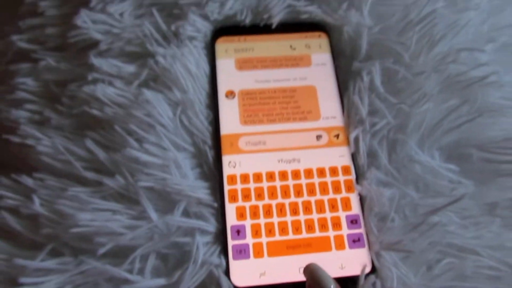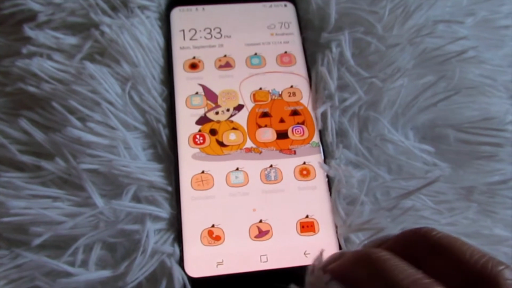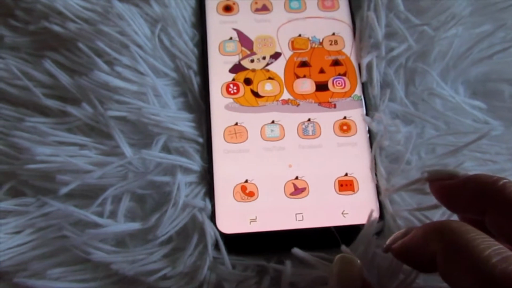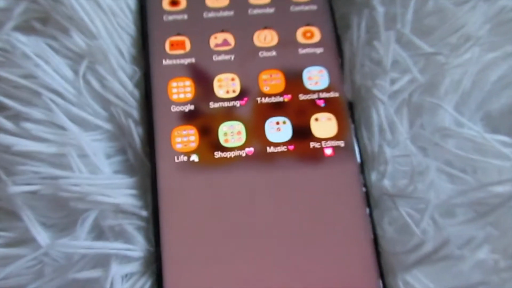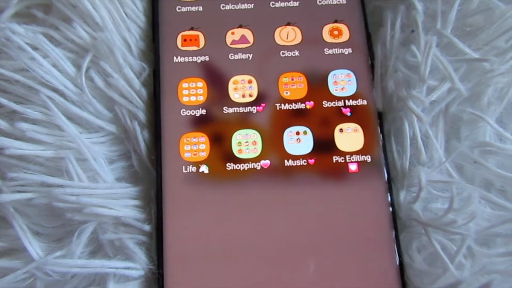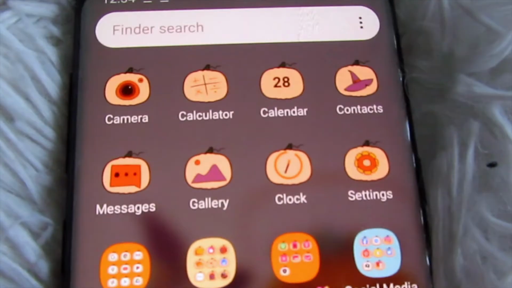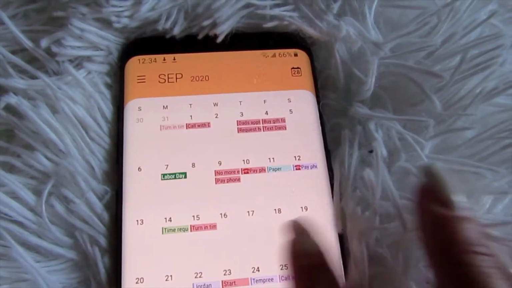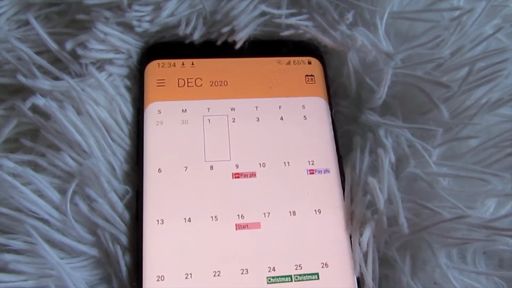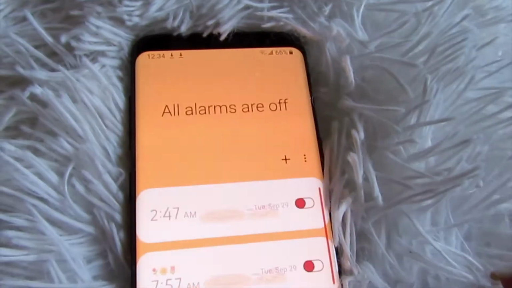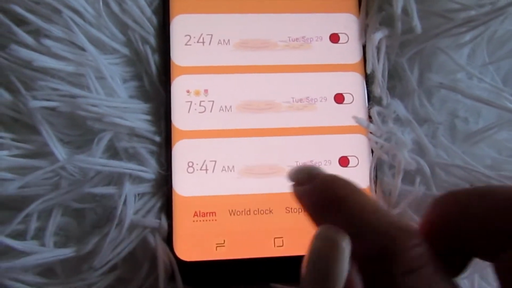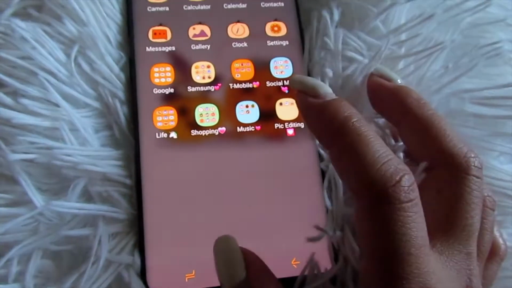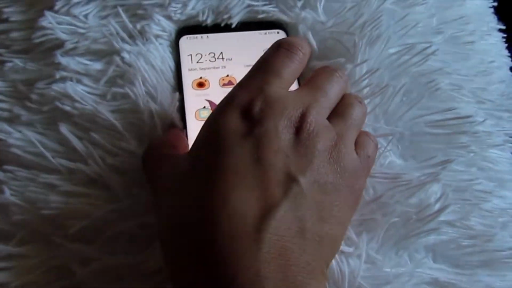Super cute, super pretty. I love this. And then we have the calculator, which is just some different tones here. These are my folders right here. They're just pastel and orange hues, and here are the other icons right there. Let's check the calendar. The calendar just has very simple white and orange, and then our clock looks like this. Ooh, we got the little image going on right there. If you could see, that's how it looks. I love that. And now, as for the lock screen,